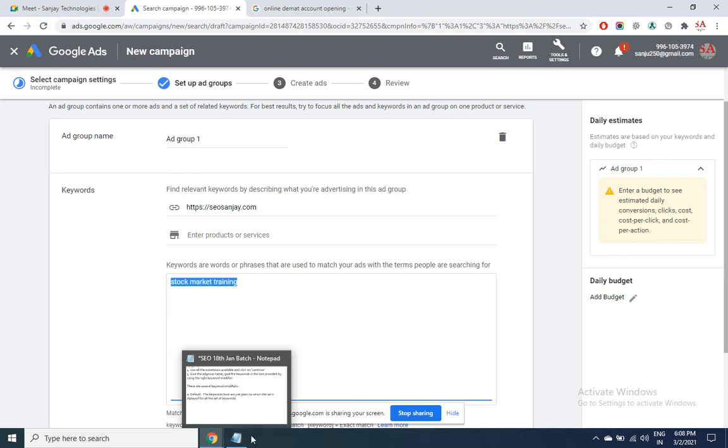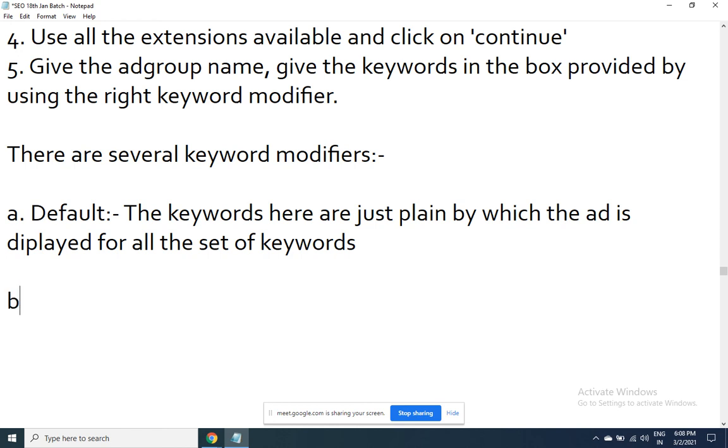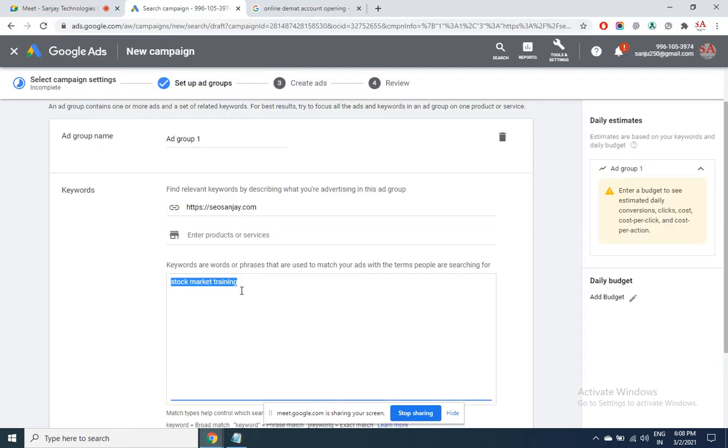The other option we have is phrase. So when do we use this option? When it is such a bad option, then why is this option there? It should be used only for single words, and only in case I provide A to Z about that. I provide training, I provide service, I provide job placement. Because someone searching for SEO may search in different ways: SEO jobs near me, SEO service, SEO training, SEO course, SEO classes. Anything relevant to SEO someone is searching, your ad will get displayed.